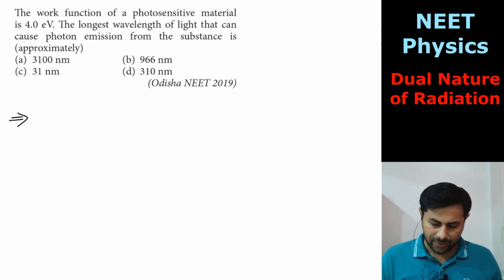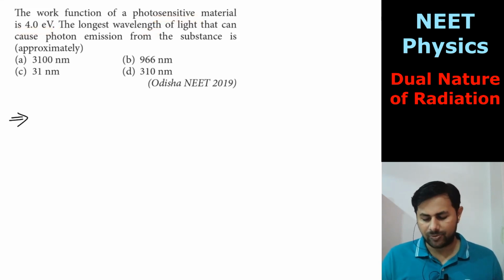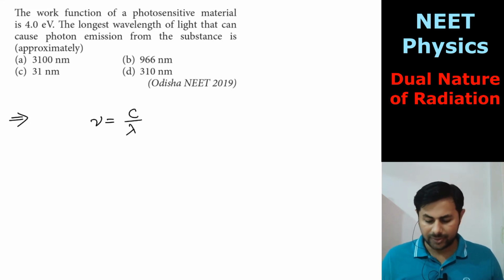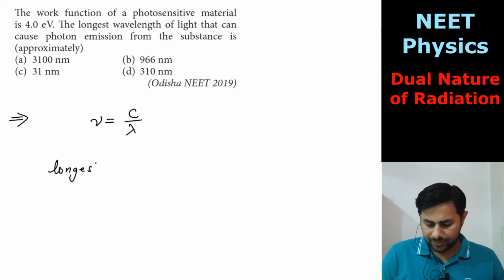The work function of a photosensitive material is 4 electron volts. The longest wavelength of light that can cause photon emission from the substance is? So we know that the frequency is equal to c by lambda. That means frequency and wavelength are inversely proportional to each other. So if wavelength is longest, that means frequency is shortest. Okay, so longest wavelength